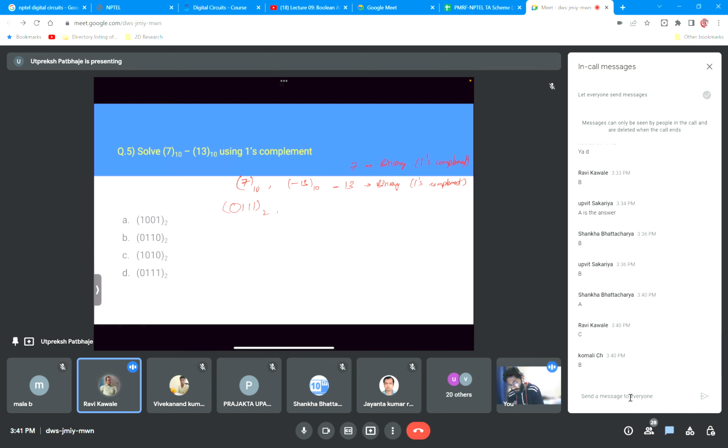So 13. Firstly, we will write down the binary equivalent of positive 13. That will be 1101. This represents 13. And when you want to write negative 13, you can directly complement it. Complementing this will directly give 0010, and this will represent minus 13. Another operation that you need to do will be 7 plus minus 13. So if you write these two numbers down,